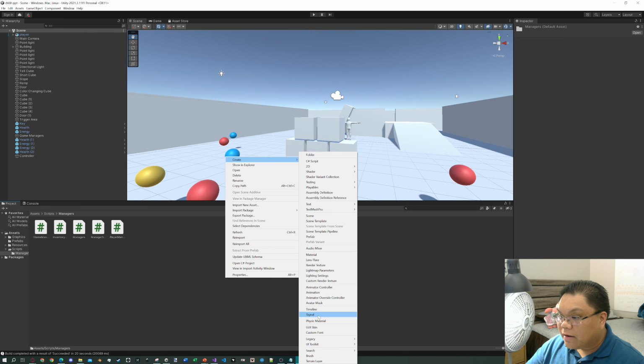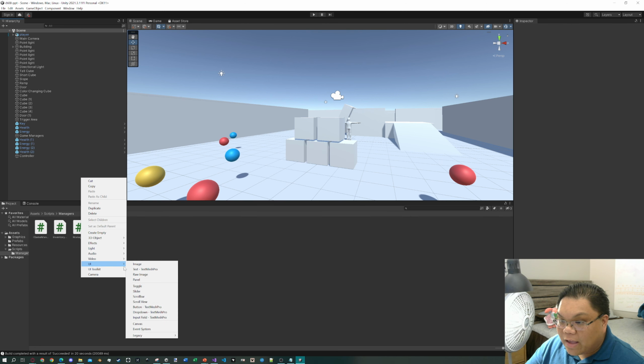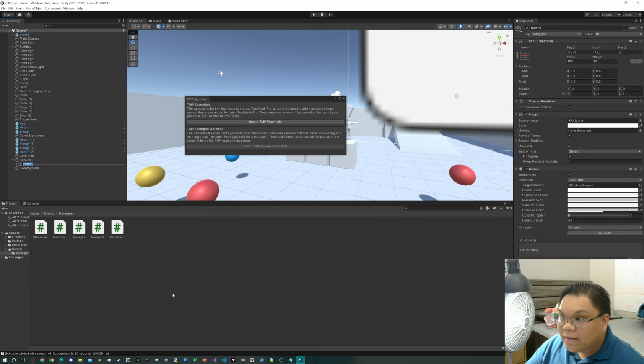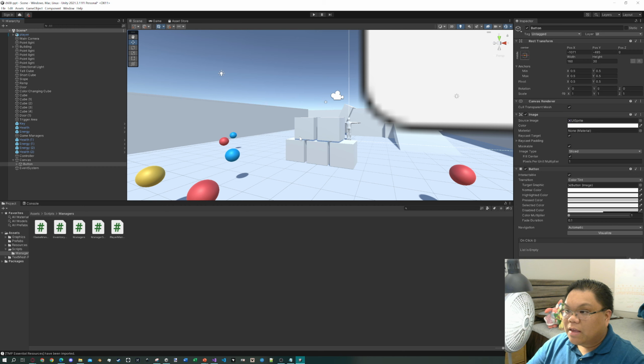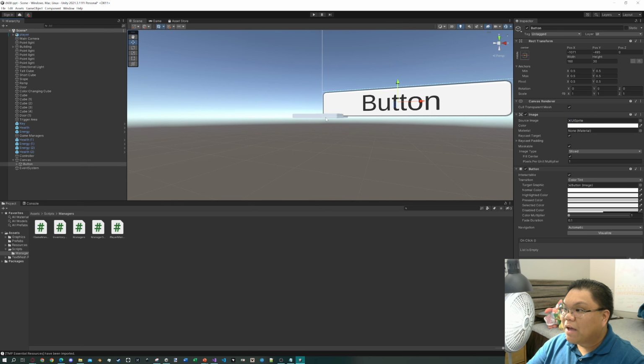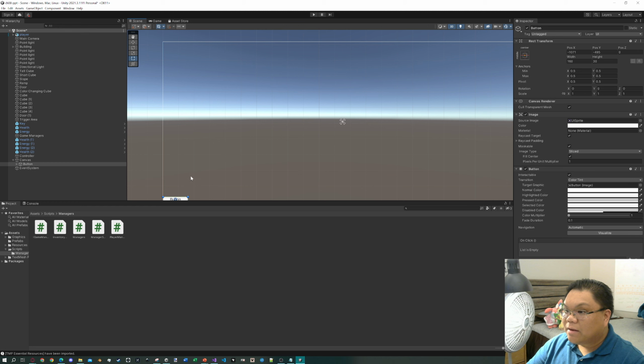I'm going to go here, and under UI, I am going to select Button Text Mesh Pro. It's going to want to import Text Mesh Pro Essentials, import. And that's going to be it. So now, if I really zoom out, there's our button! Okay, so I'm going to click on the 2D view here, and I'm going to then move this button over